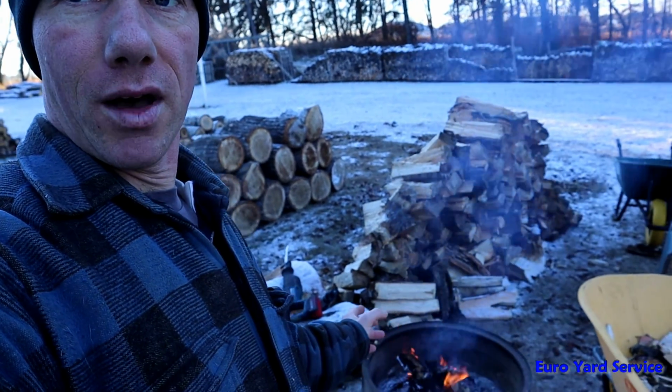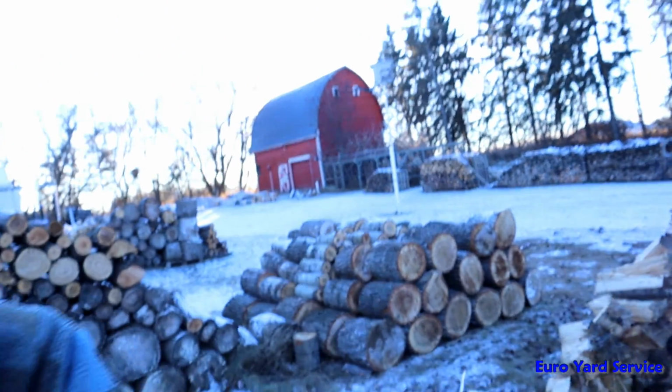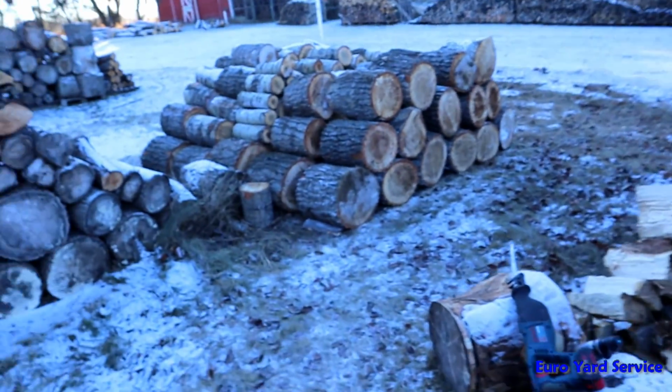Not really smokeless or smoke-free, as you can see, but this is because some of those scraps are just nasty and probably not so dry as they should be, whatever you put in your solo stove, to have the real smokeless experience. Anyway, as you have seen in the opening sequence, I've put those poplar